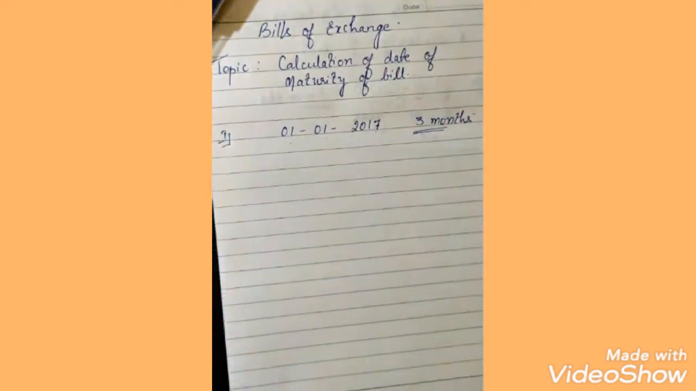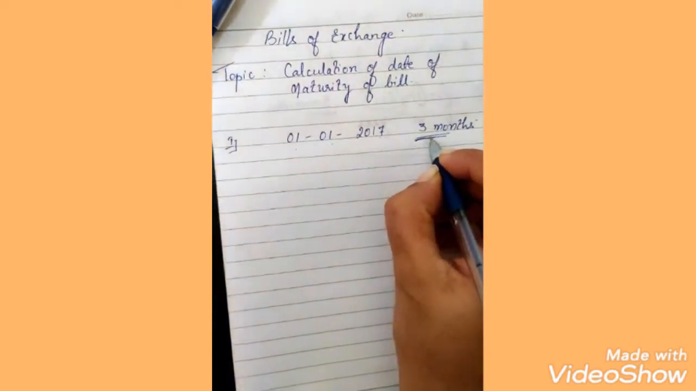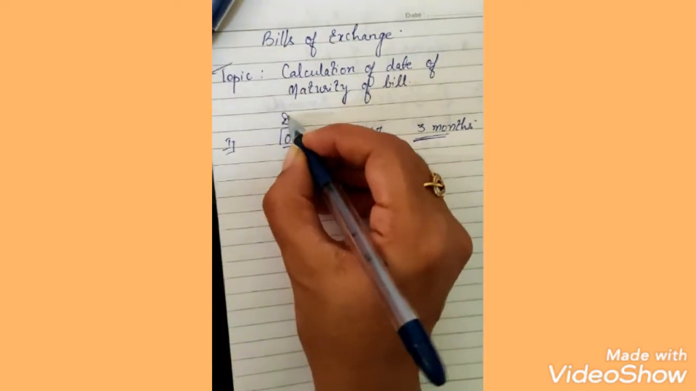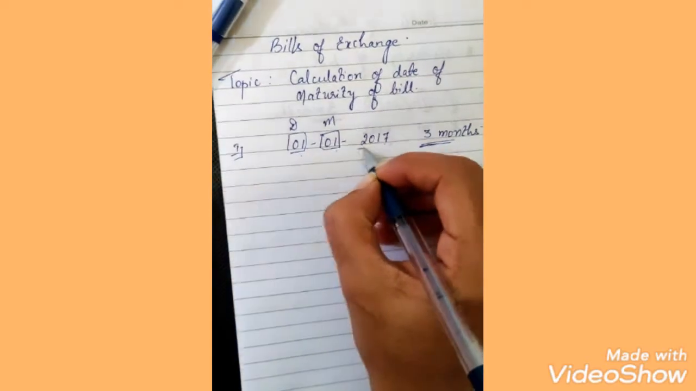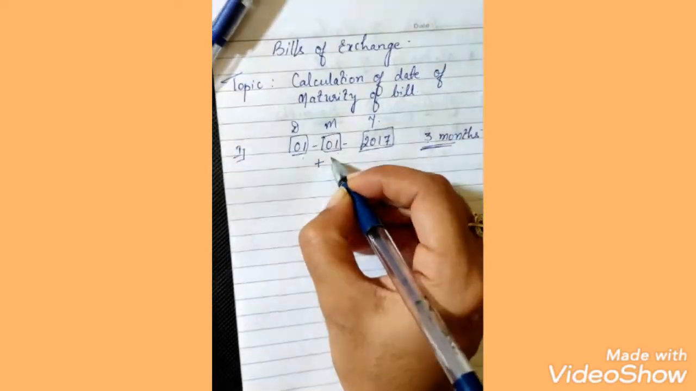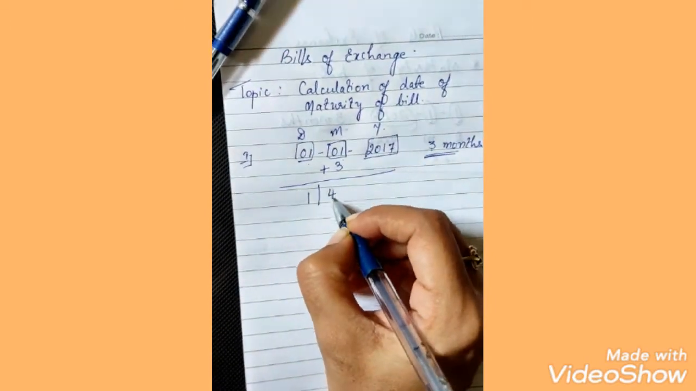It is very easy to calculate the date of maturity. They said the bill is drawn for 3 months, right? So, we all know that this is your date, this is your month and this is the year. So just add 3 months to this. So you will reach 1st April